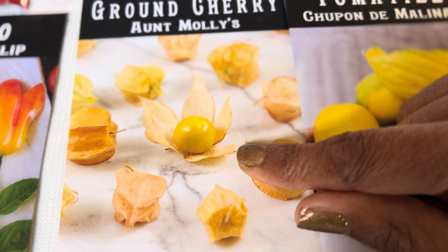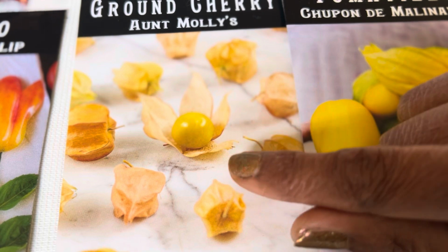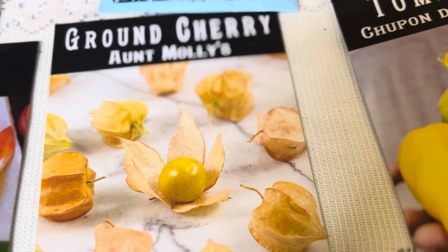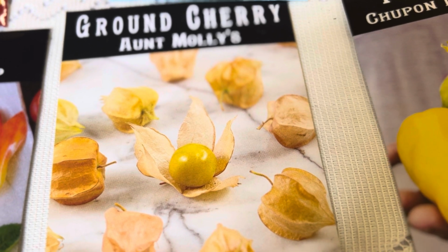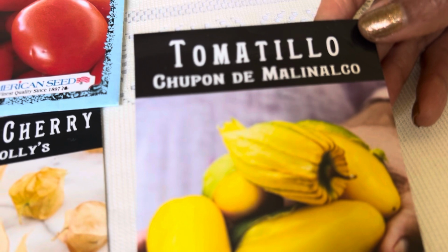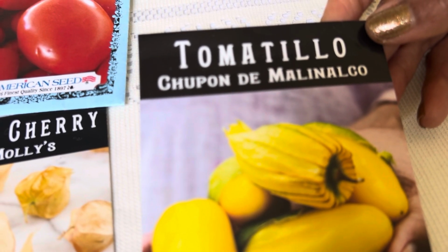I love ground cherries. I've grown them in containers. They fruit often. They fruit the whole season. And so I'm looking forward to getting some of those started. And then Tomatillo, Yupon de